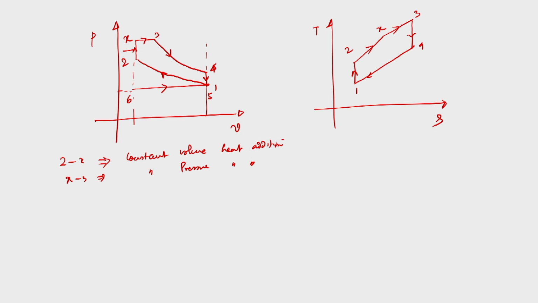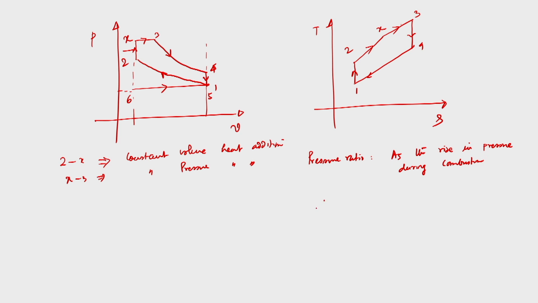Now one ratio is defined here, the pressure ratio. Just like for a CI engine we defined the cutoff ratio, the change in volume, here we also define a pressure ratio. What is the pressure ratio? The pressure ratio is defined as the rise in pressure during combustion.